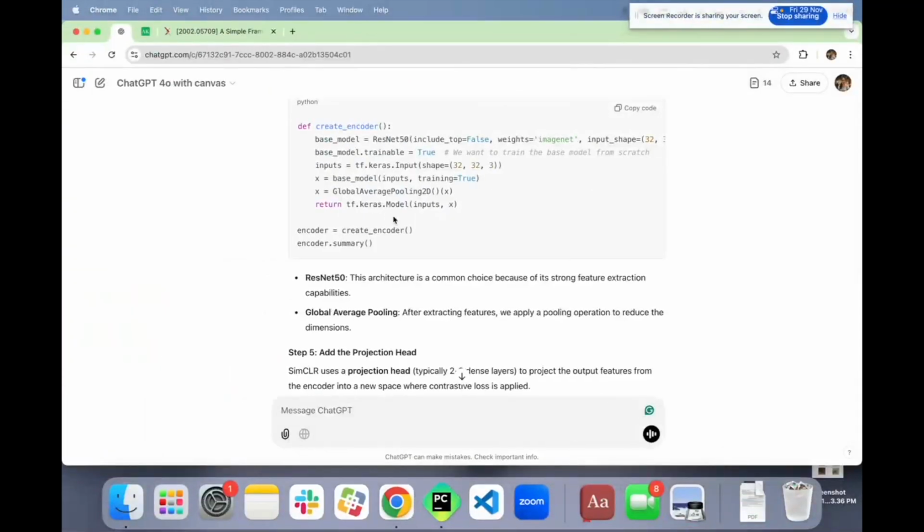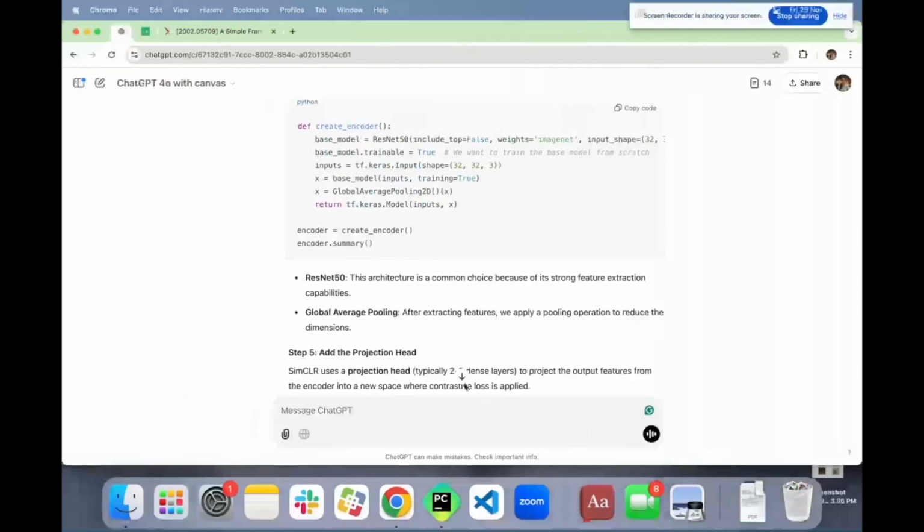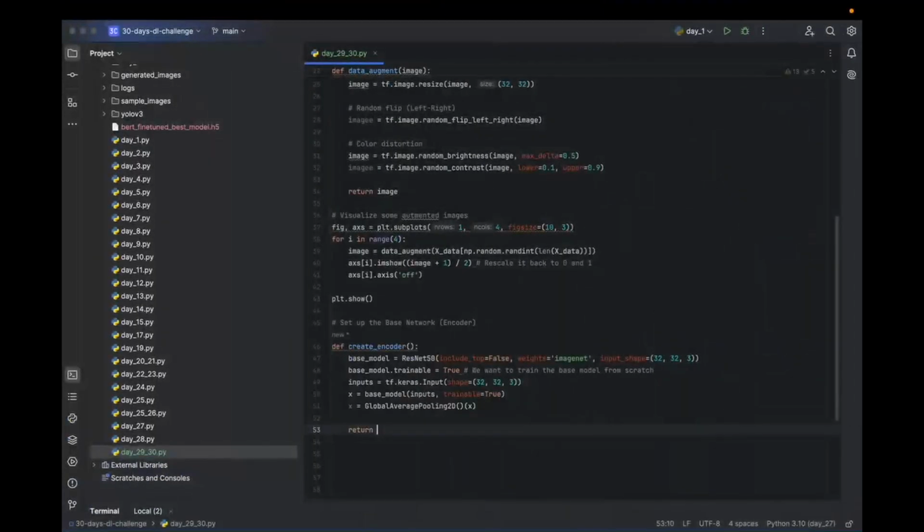So we are going to add the global average pooling layer. After extracting features, we apply a pooling operation to reduce the dimensions. The input for this layer is going to be the previous layer, and we will return the